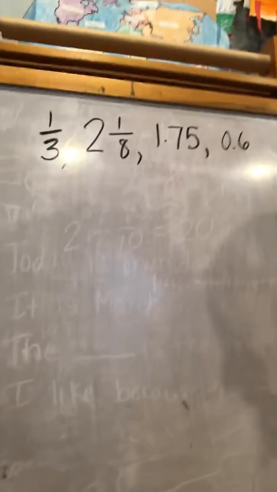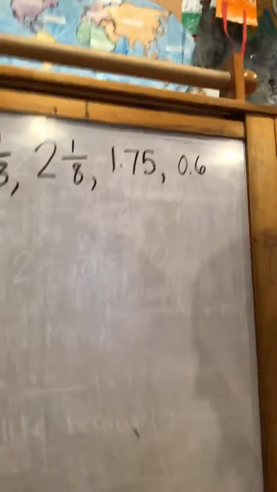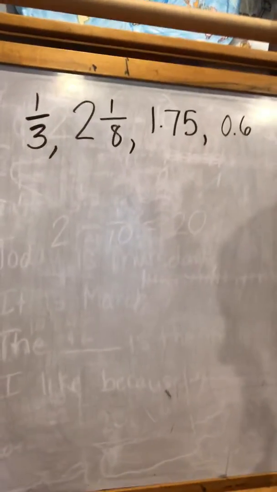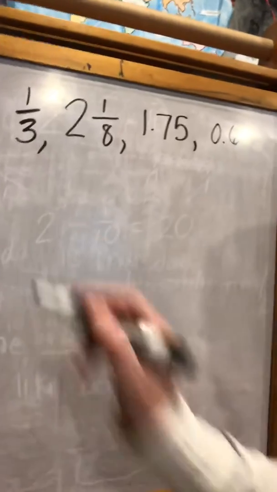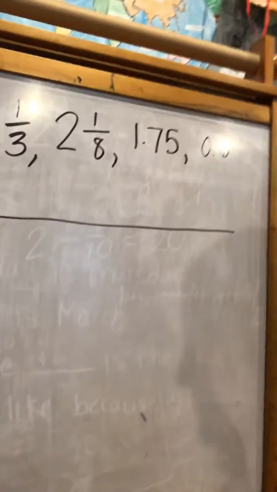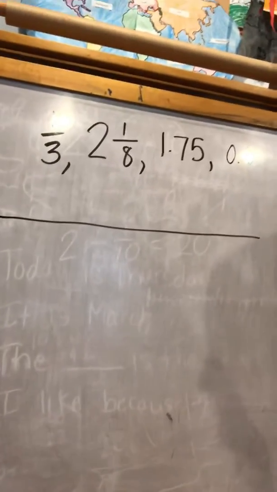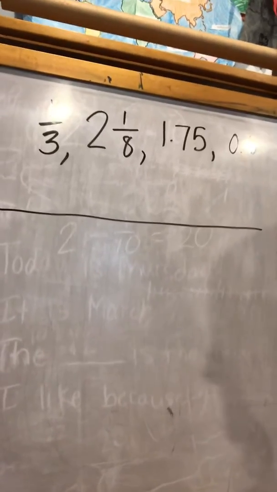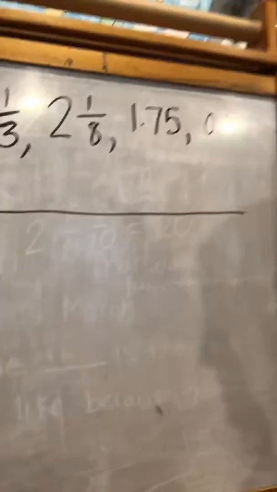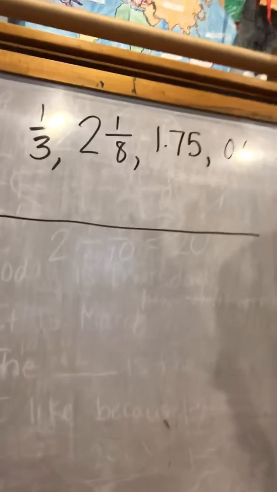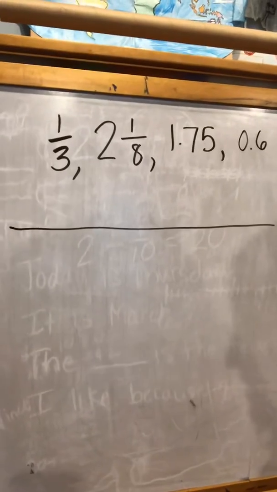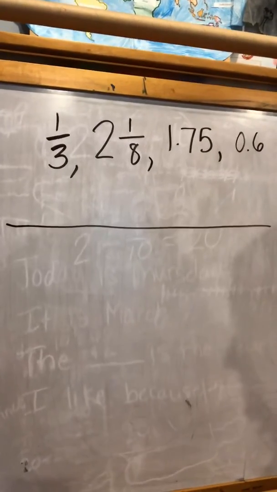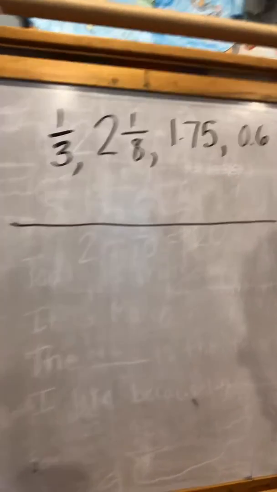think he's funny. I want you to look at the numbers 1/3, 2 1/8, 1 75/100, and 6/10. So go ahead and draw your number line on a piece of paper at home. And then I want you to press pause and try and plot these numbers onto your open number line. Then go ahead and compare what you have with what I'll show you here in a second. Once you're ready, go ahead and unpause and we'll take a look at the reasoning behind where these numbers should